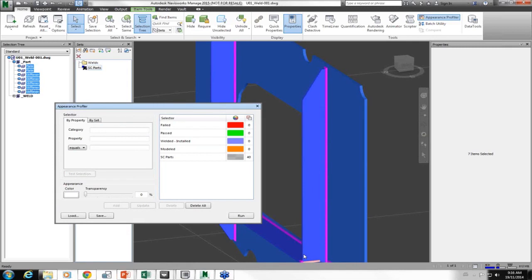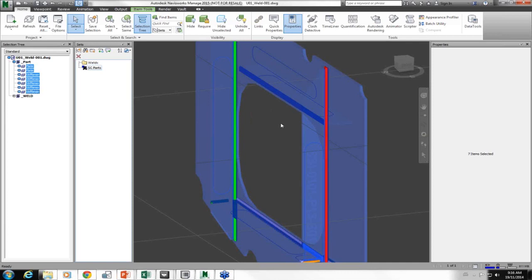Now, these colors don't have to match what was set up in my project. If it's my own view of the model, I can have my own colorization, possibly giving me more information, or perhaps collapsing some down so I don't get it quite as noisy. It's my choice here. And we'll notice in this case I'm also setting transparency on the structure parts when I view this. So now all I have to do is run this set of rules,